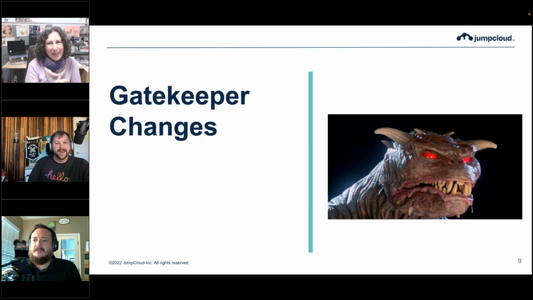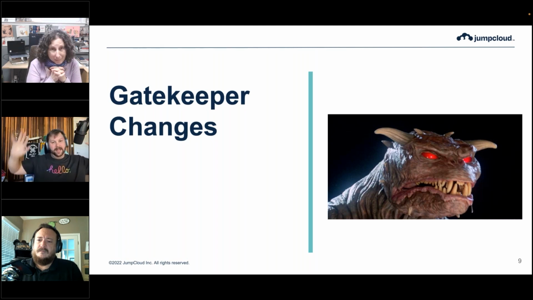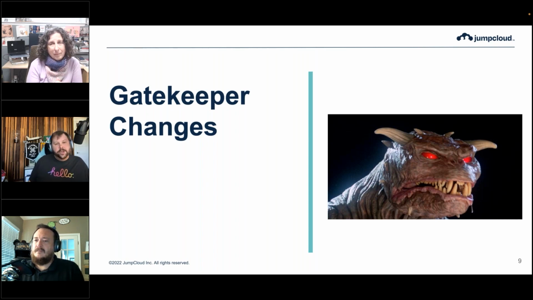Gatekeeper gets some really fun updates here. I think the initial response from a lot of people is, oh my God, everything's different. Well, no, it's not. It's the same Gatekeeper process that we know and love. Gatekeeper on macOS has long been part of the security story, and it makes sure that the code that runs